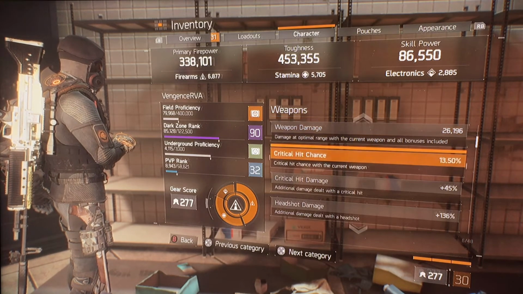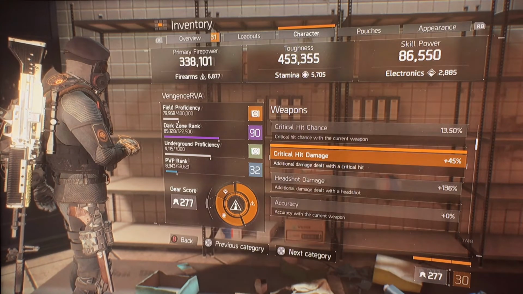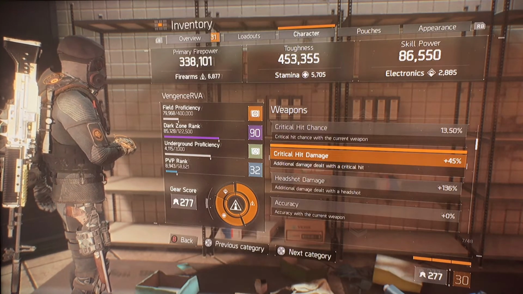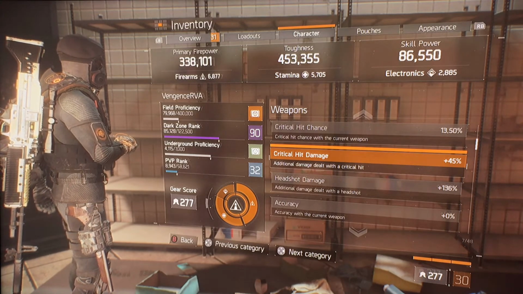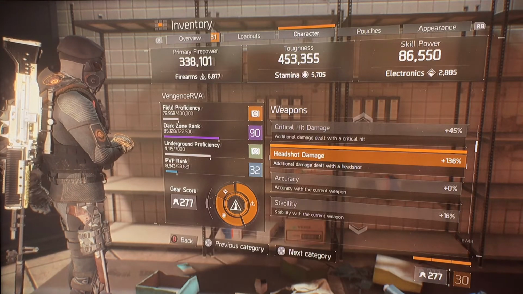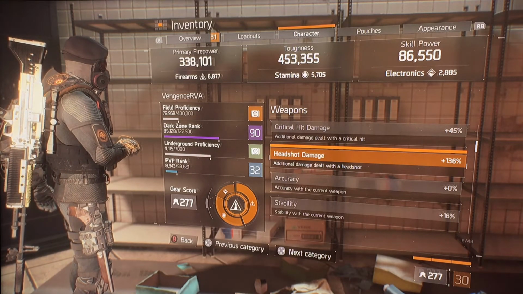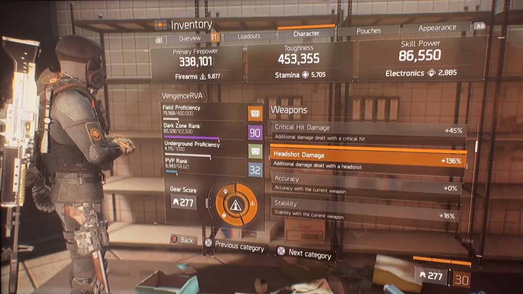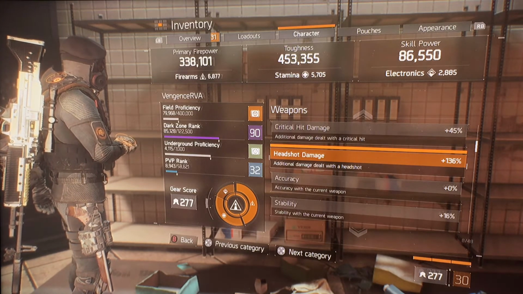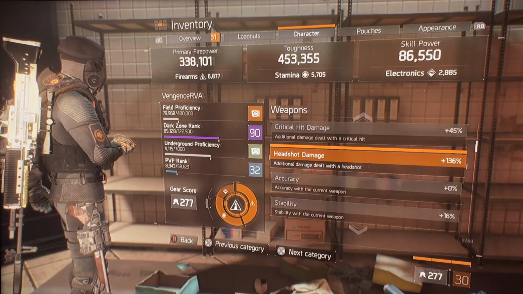Now we do have low crit hit chance and crit hit damage, because like I said, we did not mod this setup to do a lot of crit hit chance or crit hit damage at all. But we did mod it for a lot of headshot damage, because we want to inflict more raw damage. And like I told you, I just gave you an idea of what type of numbers you will be hitting, and that number could range, once again, anywhere between 70,000 to 120,000,